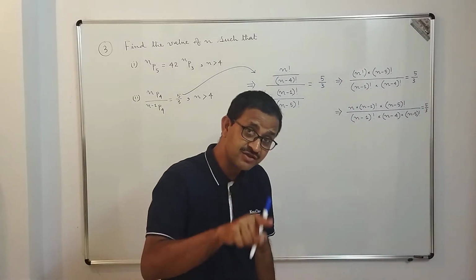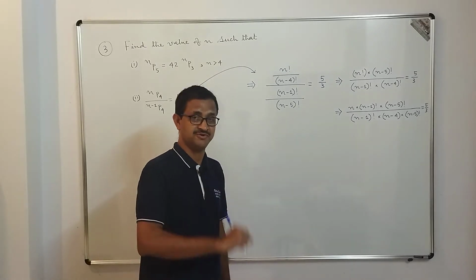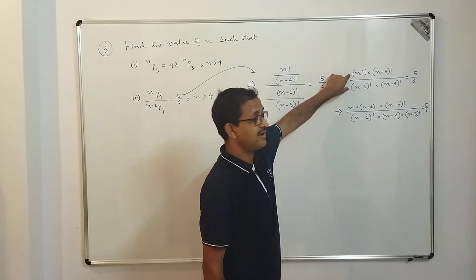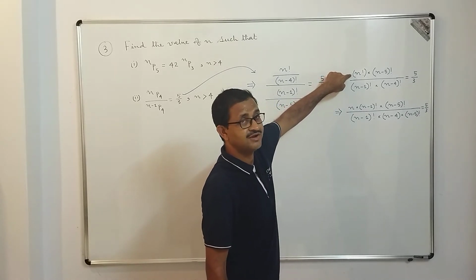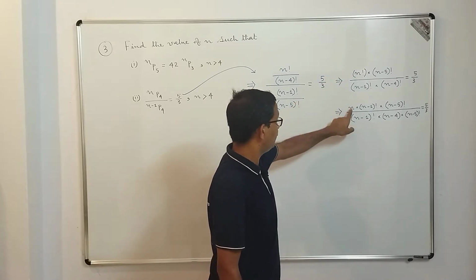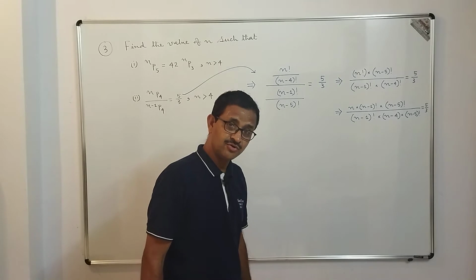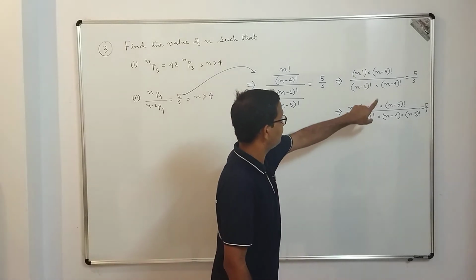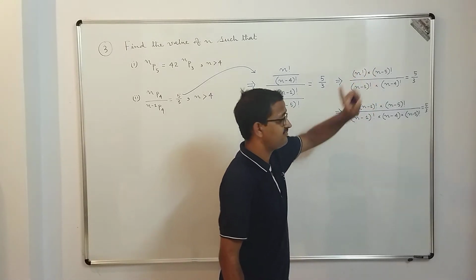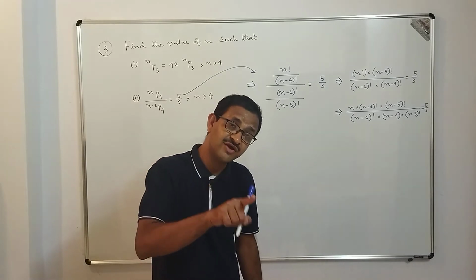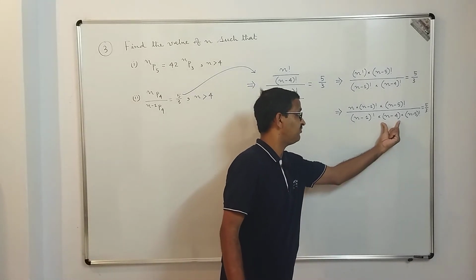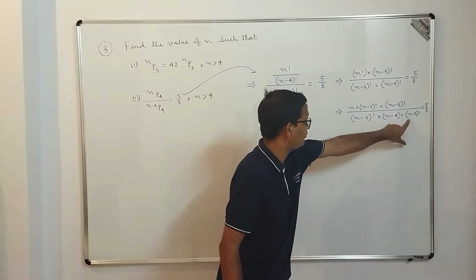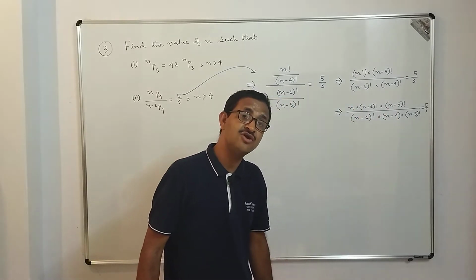See, knowing the steps of how the problem is getting solved is very important. I repeat, between n factorial and n minus 1 factorial, I should break n factorial because n factorial is larger than n minus 1 factorial, till we reach n minus 1 factorial. Why so? Then n minus 1 factorial and n minus 1 factorial would get cancelled. Same thing for n minus 4 factorial and n minus 5 factorial. Which one is larger? n minus 4 factorial is larger. So you should start breaking n minus 4 factorial to get n minus 4 into n minus 5 factorial. That n minus 5 factorial will get cancelled with the n minus 5 factorial in the numerator.